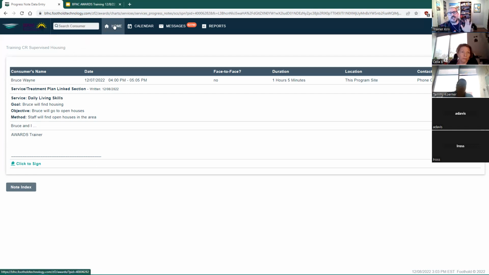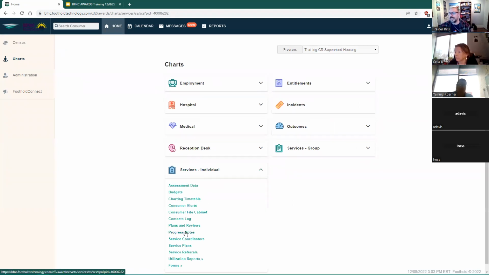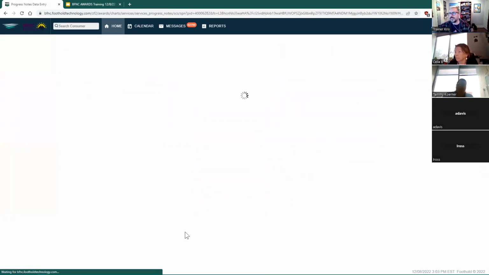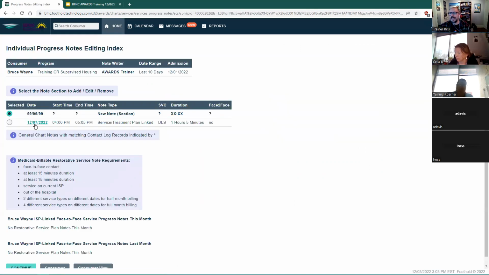I can always come back to my note by simply going back to services individual and then progress notes, choosing my person and then clicking continue. Here's my note index. On the note index, this is the note that I previously wrote. To edit this note,